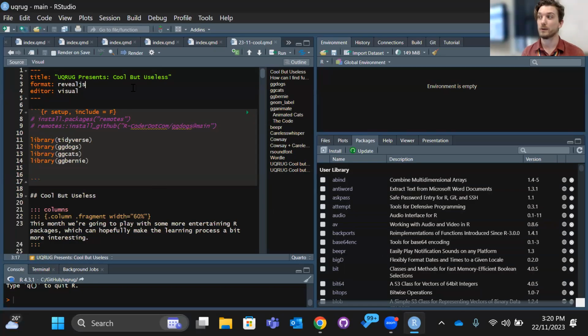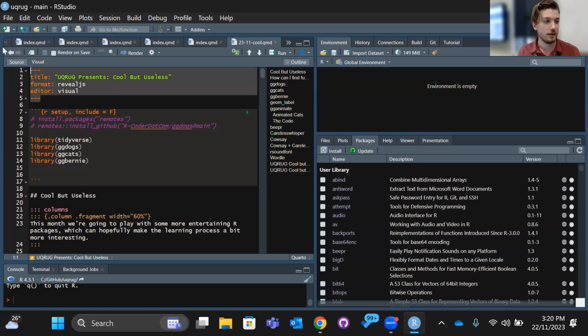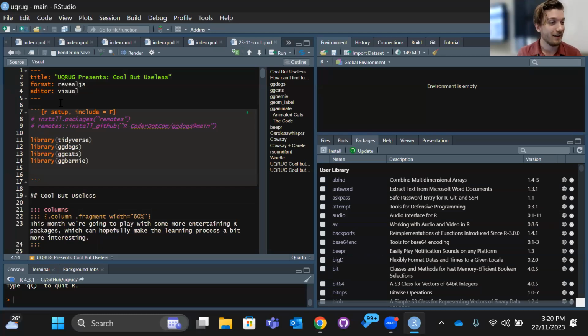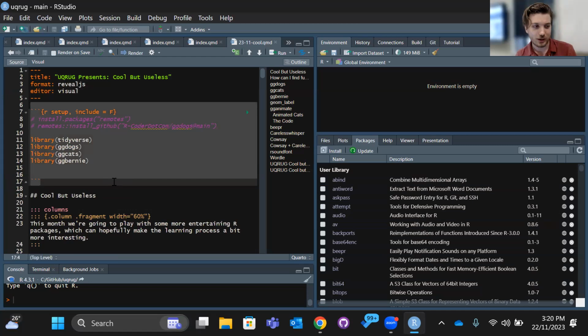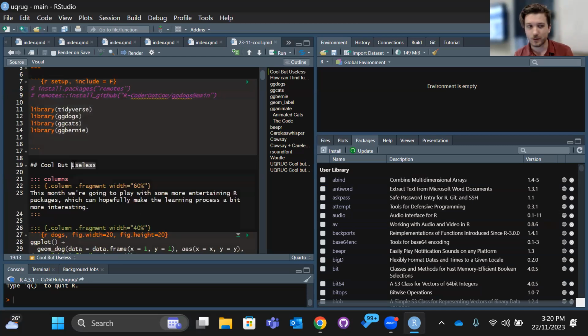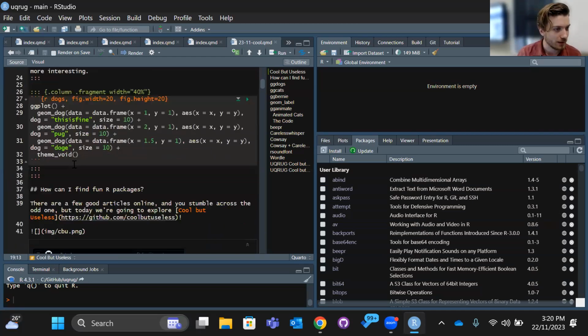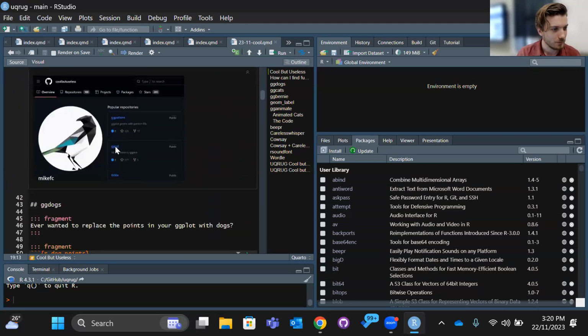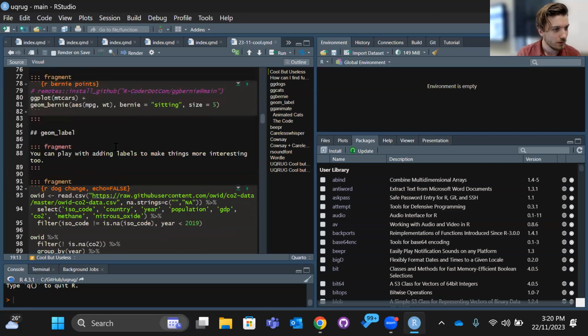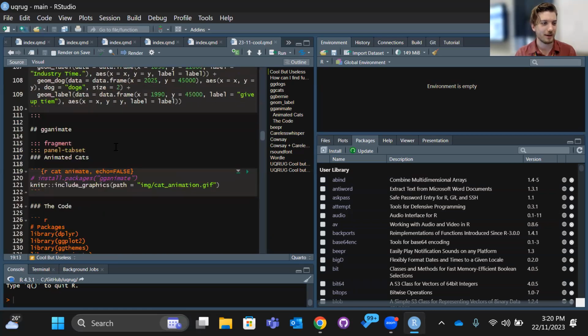By the way, for those who aren't familiar with R Markdown or with Quarto, this thing that we're looking at is what's built the slides that we're looking at today. So we've got the YAML, which is yet another markup language. That's what YAML stands for and what it really is as well. We've got a code chunk here. We've got the title of one of the slides, but that's not what we're looking at today. There's the GG dogs that we made. I'm going through this to make a beep sound.